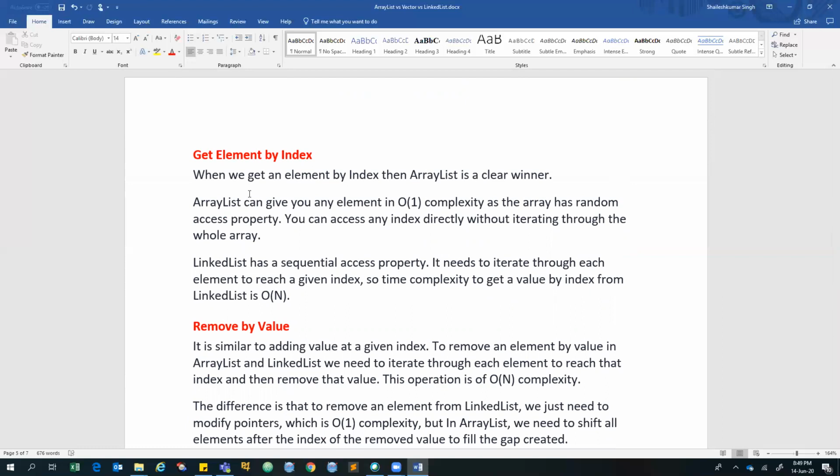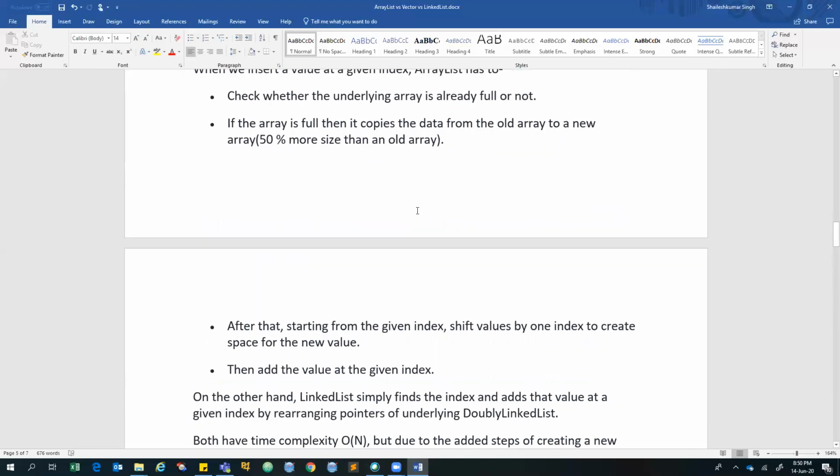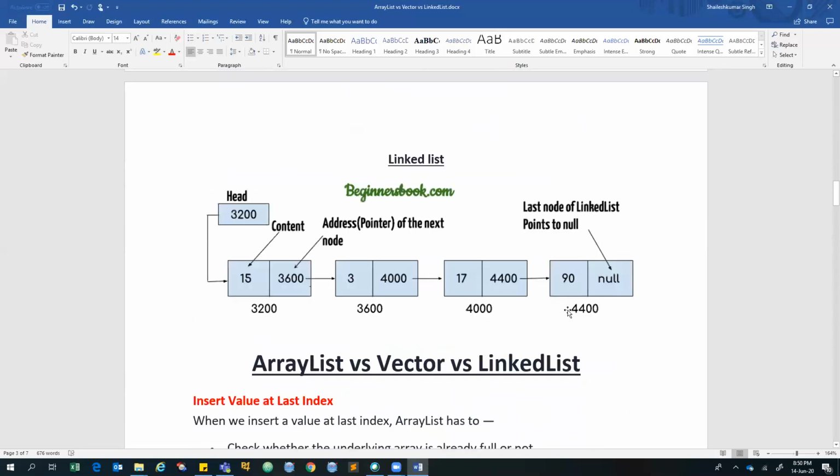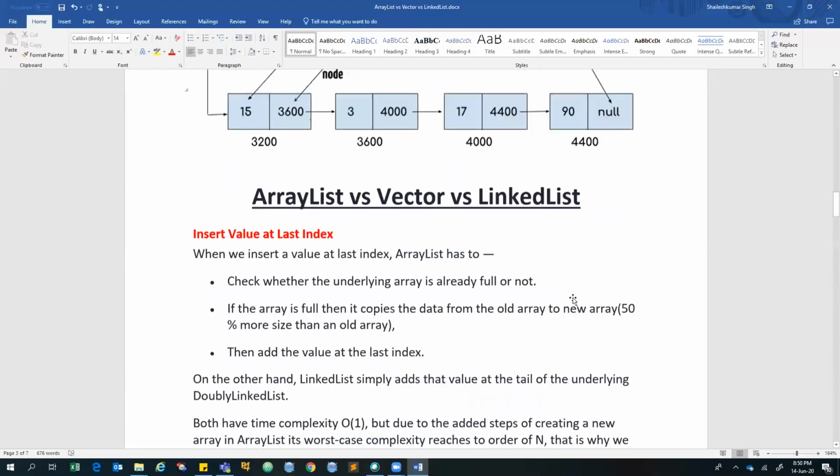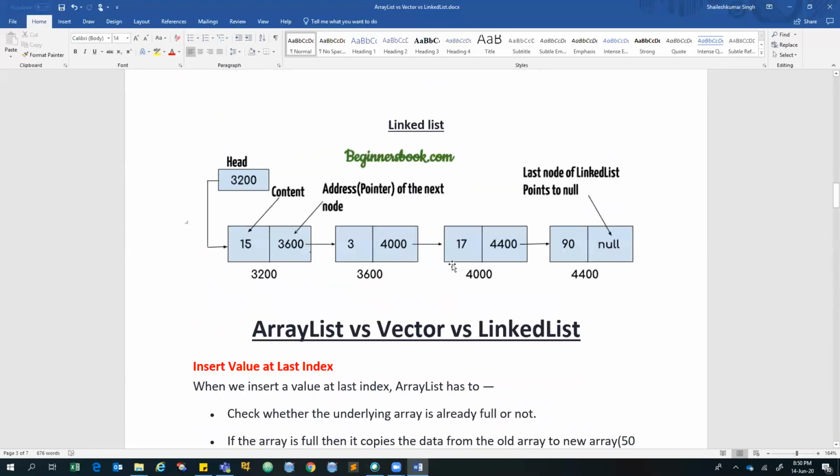But in the case of a linked list, you cannot directly get the object. You have to start from the head node and go through each node. So in a linked list, you cannot directly get this 90, unless you maintain the last pointer.